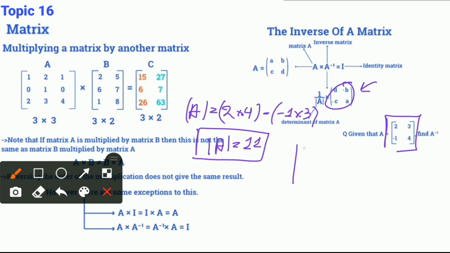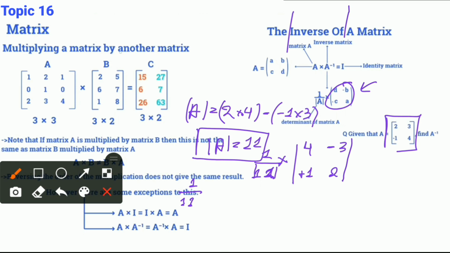So 4 will come here and 2 will come here because they will change position, and then the sign will change: it will be +1 instead of -1, and it will be -3 instead of +3. Okay, we have done it. Now we multiply this by this, multiplying this 1 upon 11 to each element inside a